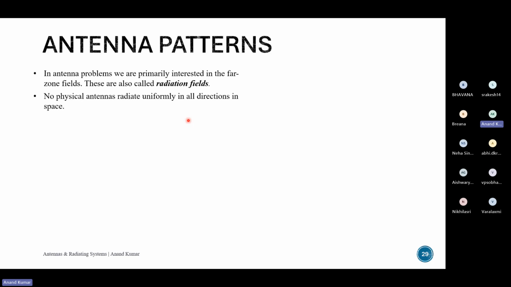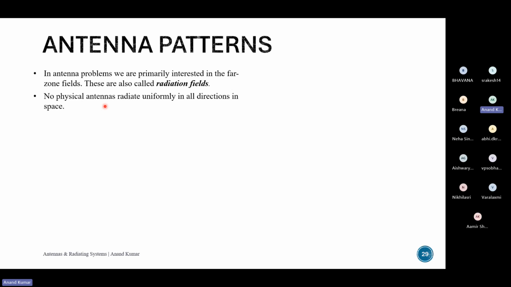So there are different forms of radiation patterns which we'll look at, but we don't have antennas which radiate uniformly in all directions. And since they do not radiate uniformly in all directions, it is very important that we know how it is radiating in different directions, so that we can